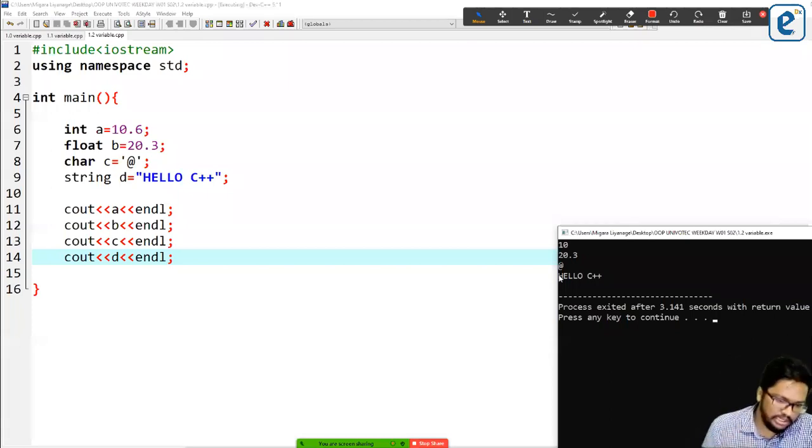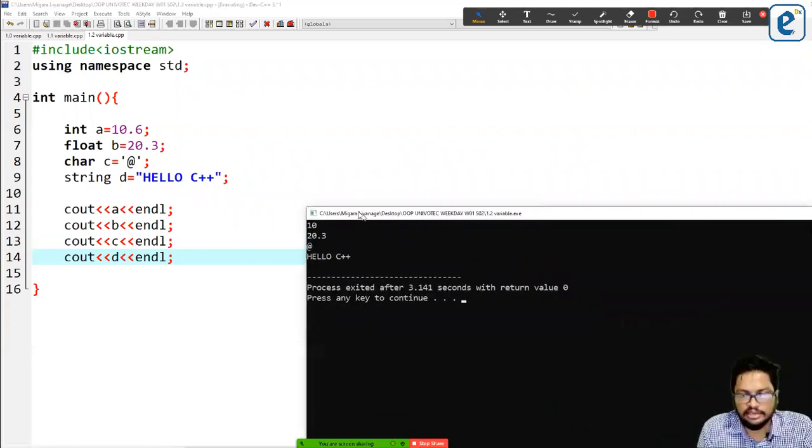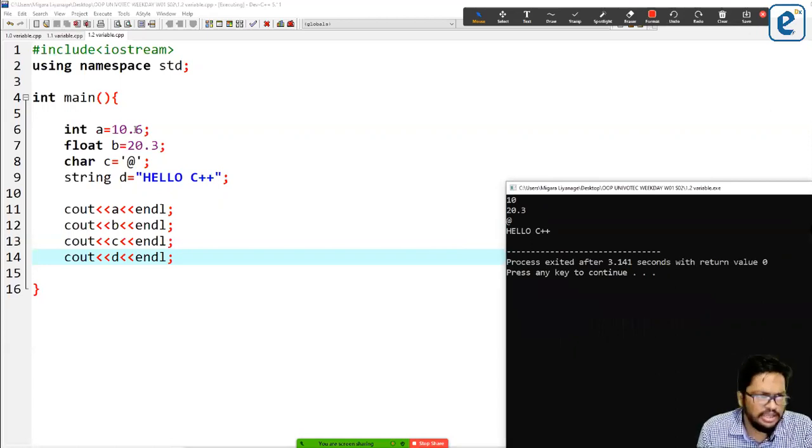It's going to just neglect, just remove the decimal part directly. So integers, it can only save that. The variable a can save only integers. Right? Understood?